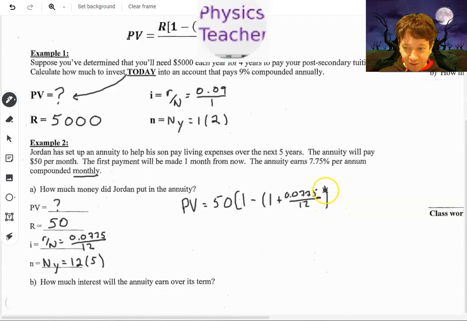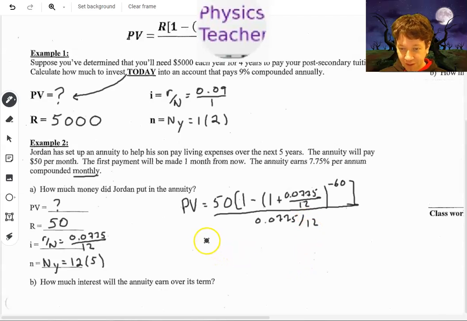All to the power of minus 12 times 5, which is 60. All divided by I once again, which is 0.0775 divided by 12. So if you plug that into a calculator, you get